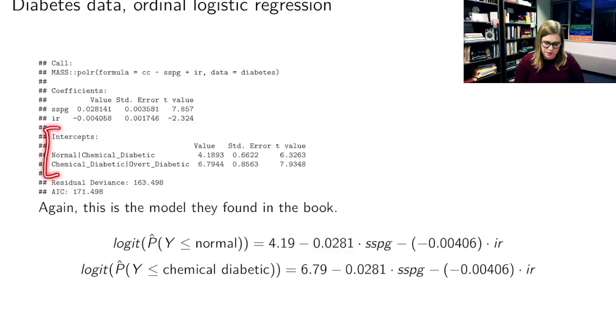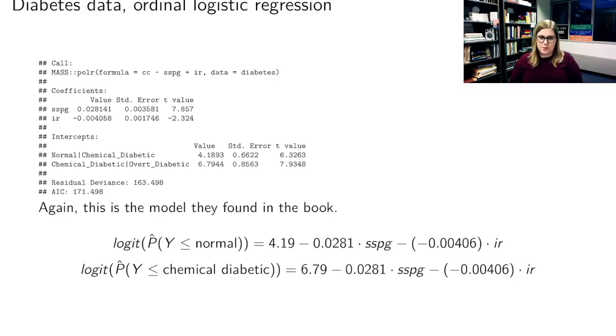And then we have this other piece down here where we have the intercepts. And the intercepts are showing what the comparisons are that we're looking at. And again, we've got values for those coefficients, standard errors, and t-values. So this is the model that they found in the book. I think the coefficients might be swapped, like they might have the other sign for each of those numbers. And that's just because of the way that R calculates things versus, I forget what software they were using in